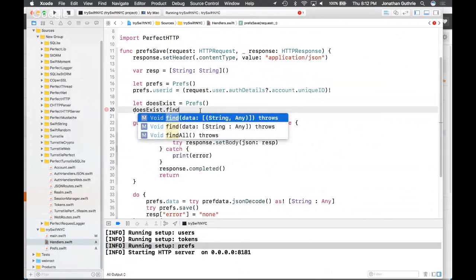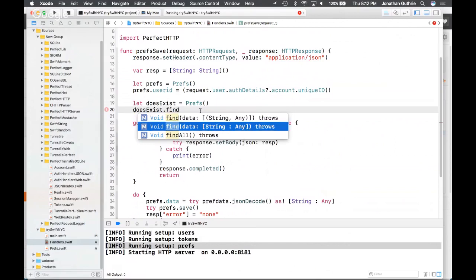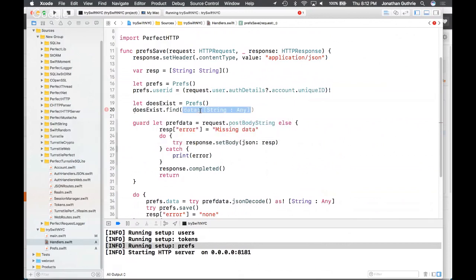It actually has two signatures. It will accept an array of tuples, or a dictionary. I'm just going to use the dictionary for now, and I'm going to specify what I call it, which was userID, and we're going to specify prefs.userid.